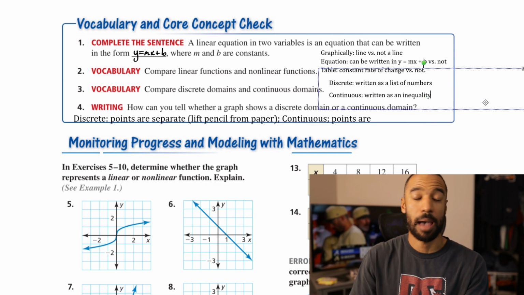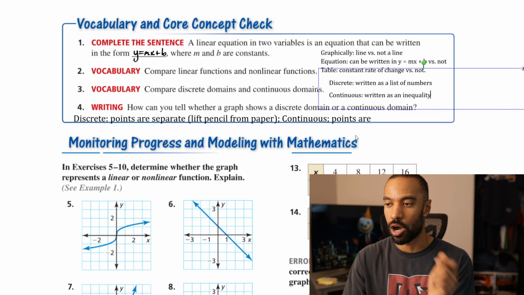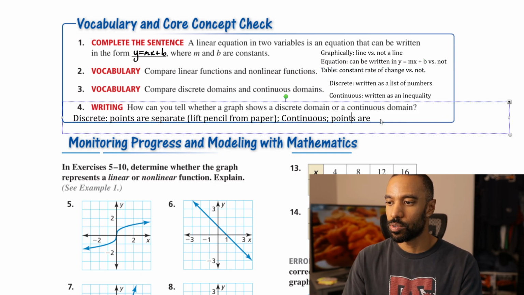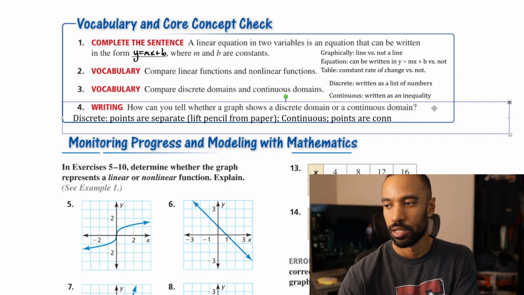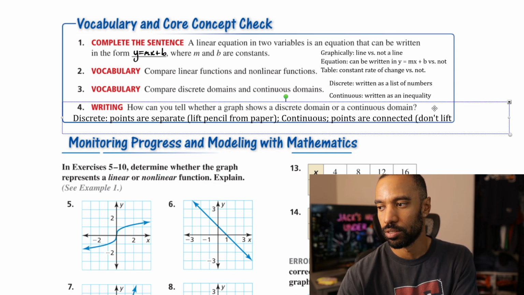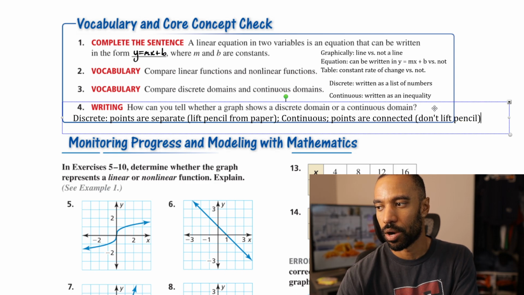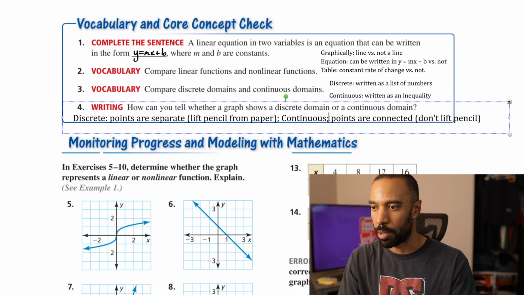Perhaps compound. Perhaps it can be all real numbers. It can be all real numbers in that case. In a continuous state here, points are connected, meaning you don't lift the pencil from the paper. So there we go. I didn't know that this next question was coming up, and hopefully that makes sense how